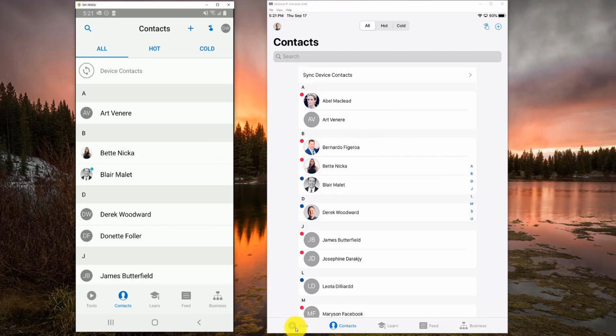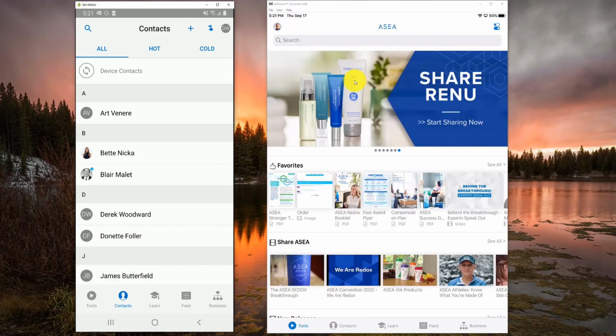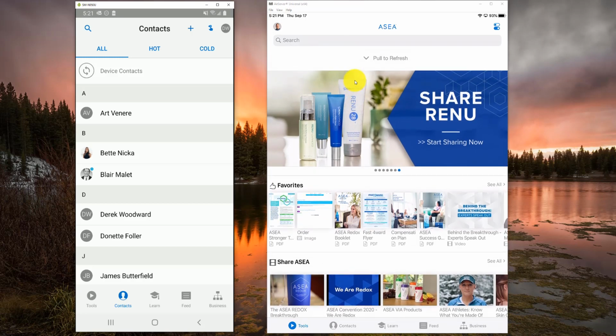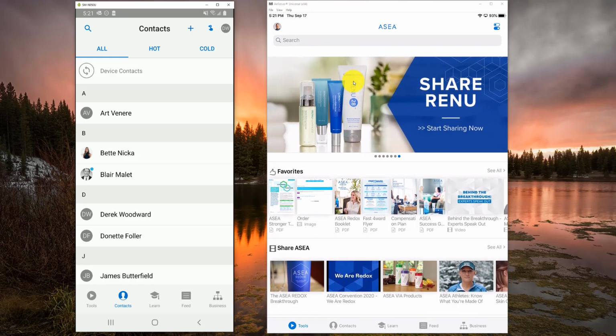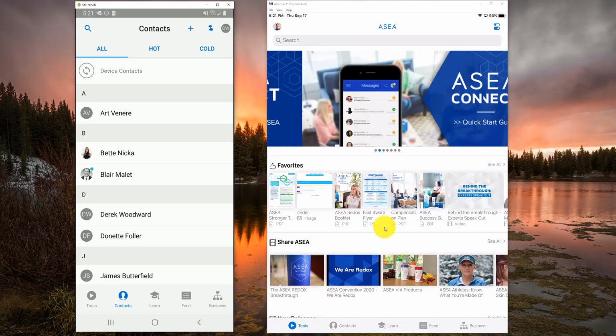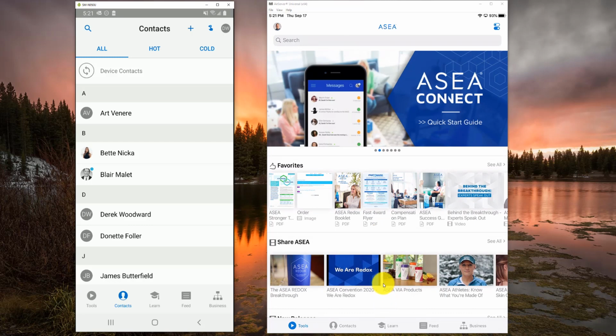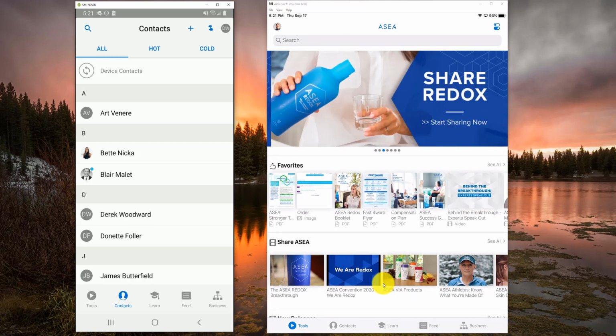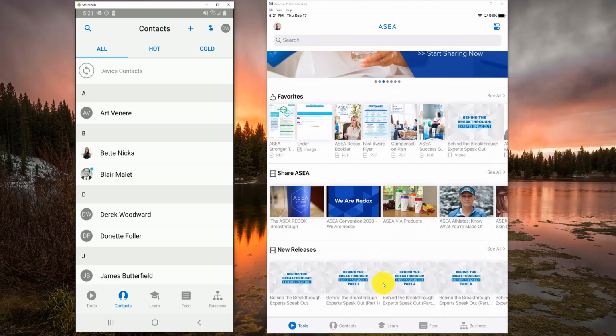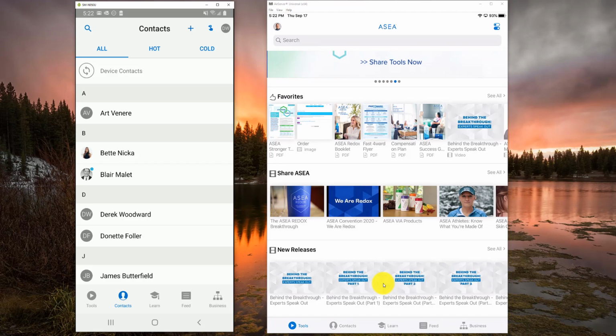This feature also works on the main page here. If you grab the banner and pull down, you are going to refresh all of your content to make sure you get the latest and greatest videos. As we're getting close to our webvention, you're going to see a lot of different videos. We're going to be having a whole section of video content that's going to be unlocked here in the app, which you will then be able to access and be on top of that. So just to make sure you have the latest videos, that pull down to refresh is what you're going to